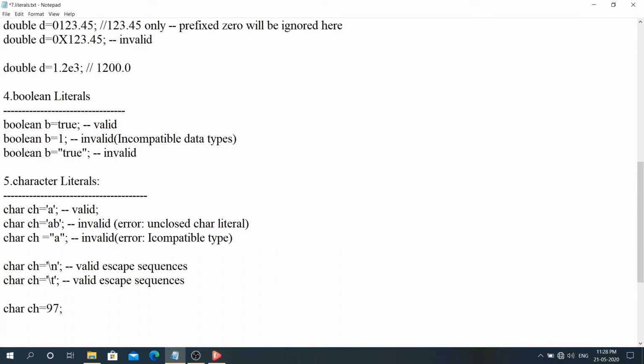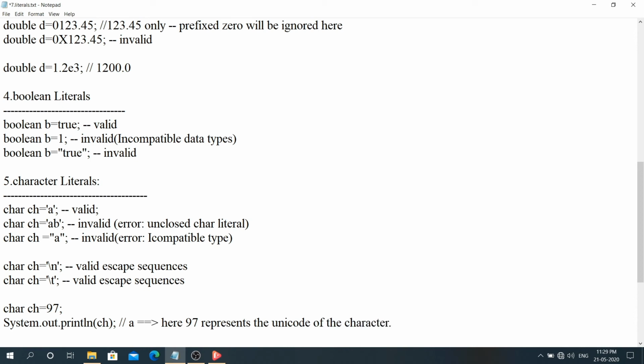Whenever you print System.out.println of ch, you will get the output as 'a', because here 97 represents the Unicode of the character.